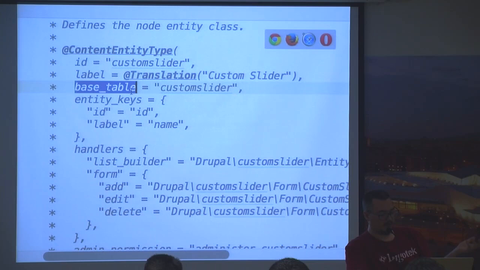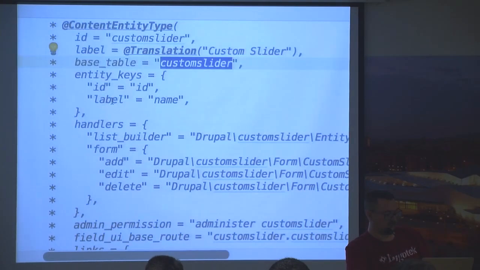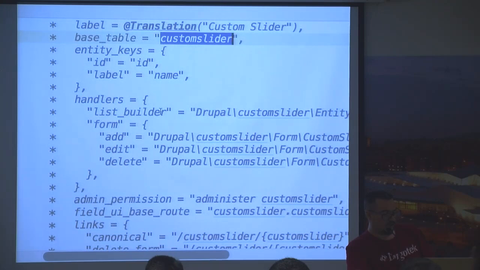Like we have here the base table, and this is the table name where this will be stored in the database. You say which entity keys they have. You can relate to different classes that provide services that provide functionality to your entity, like